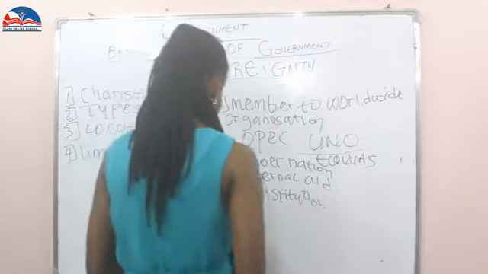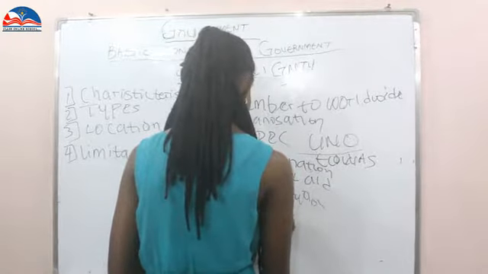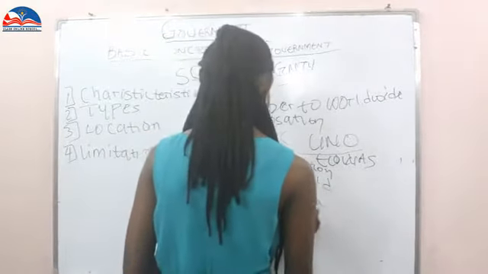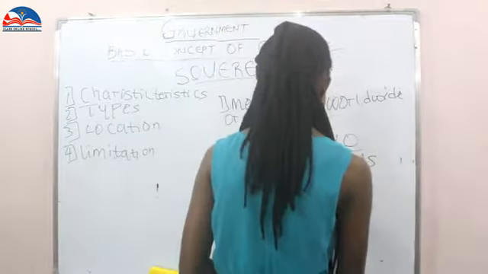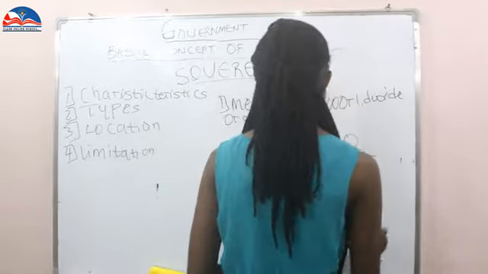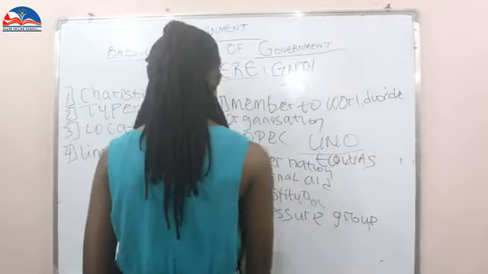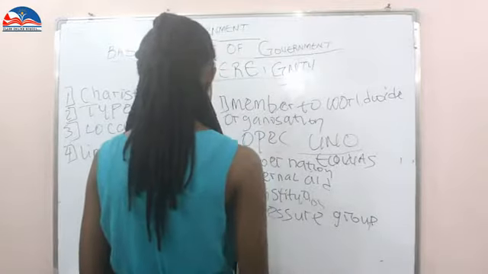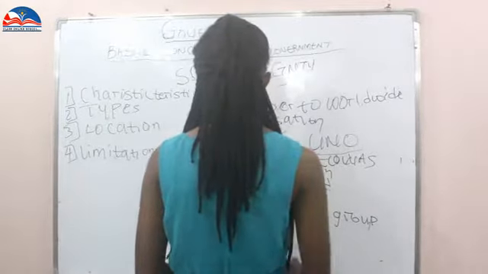Then 5, we have pressure group. Pressure groups help to check and balance. They checkmate individual bodies that wield power in a state or exercise absolute and unlimited authority. We have